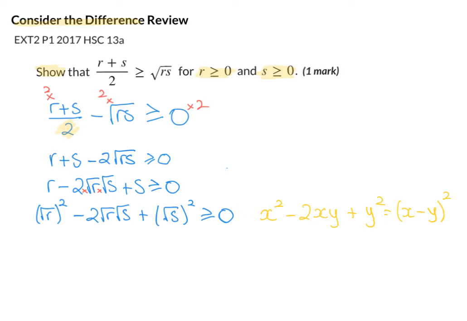So I can factorize this statement, and I'll have the square root of r minus the square root of s all squared is a positive number or equal to 0, which is a statement that is always true. We have a single square number, and it's told to be either a value of 0 if r and s are the same value, which they can be because we're told at the top that both of them could equal 0, or the difference between the two is a square value that's always positive. And so hence we've proven the inequality,